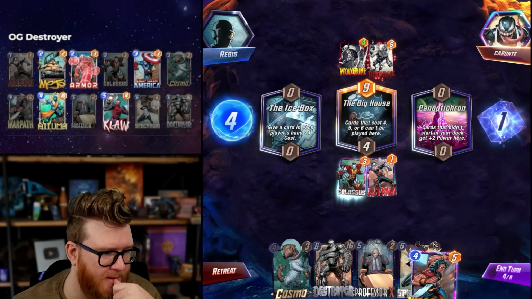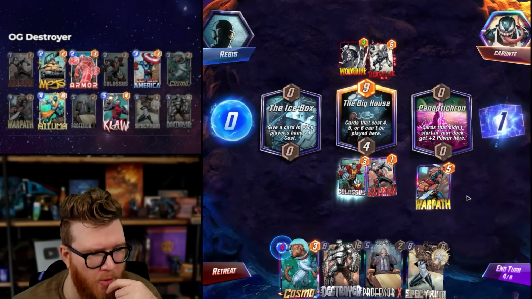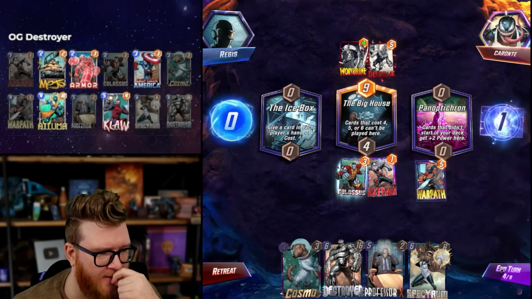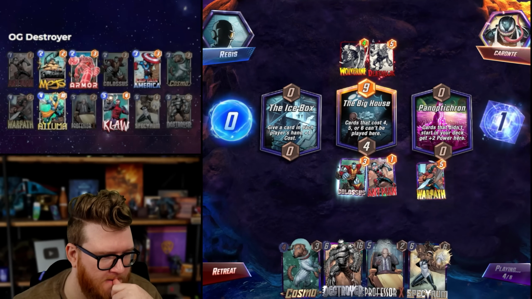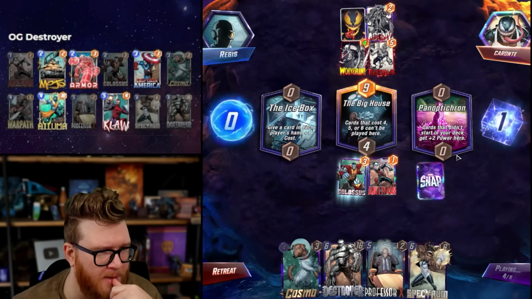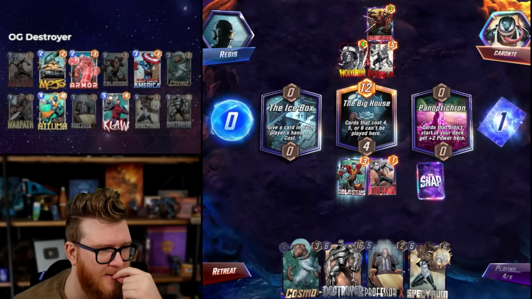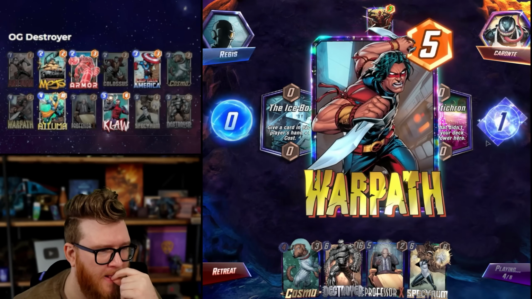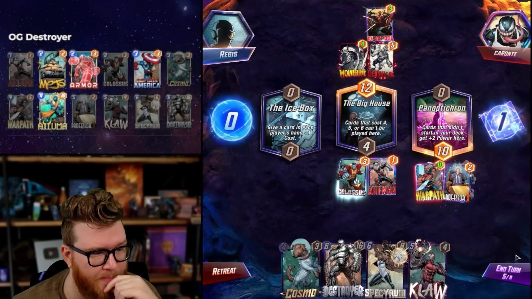So, like, Professor X on a Warpath is sort of cool. It gives you this flexibility a little bit. Like, do you trust Destroyer? You don't really have to win mid, necessarily. Deadpool, dude, the Cosmo here would have been absolutely insane. I could maybe even do a turn 6 Cosmo kind of thing, too, but...